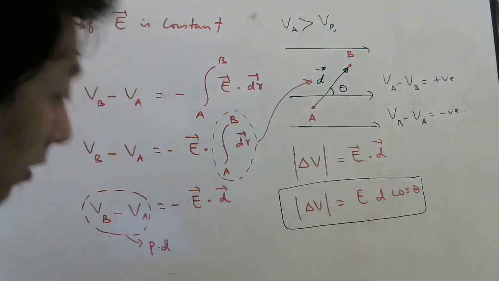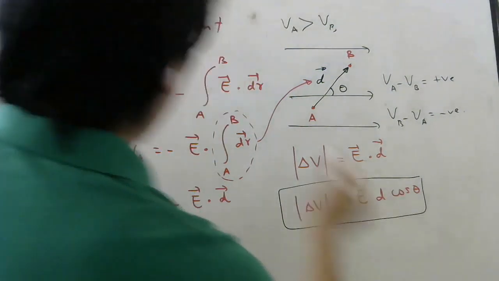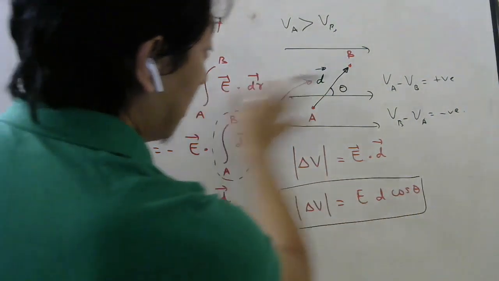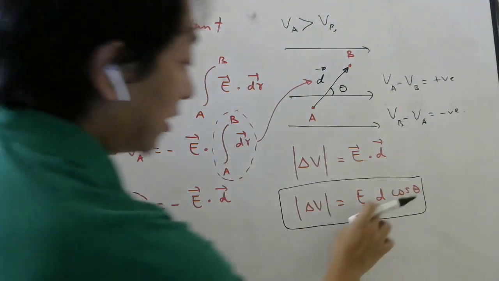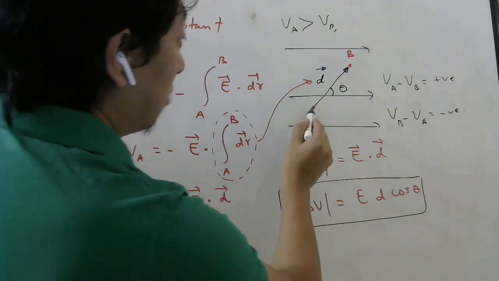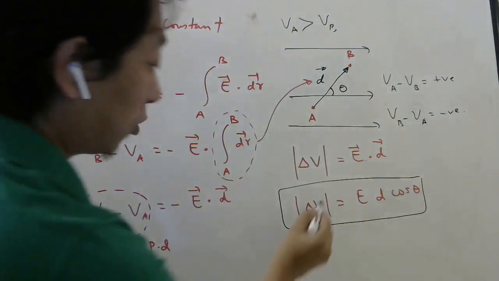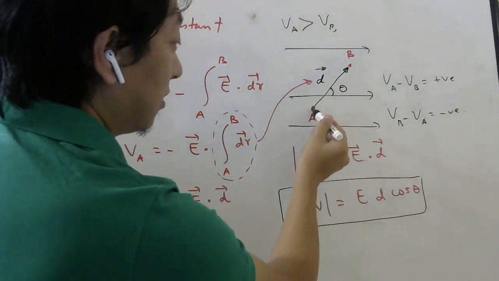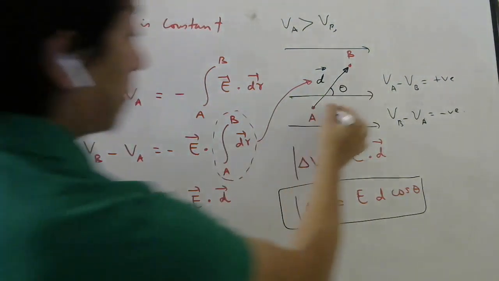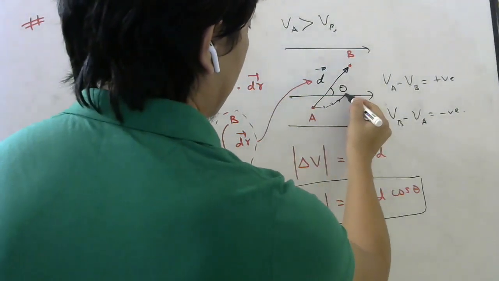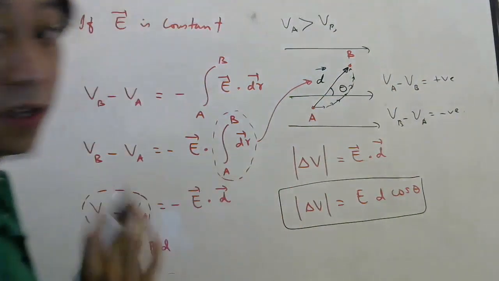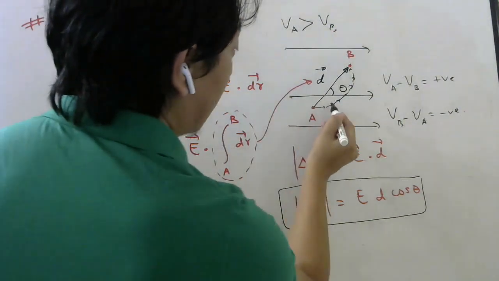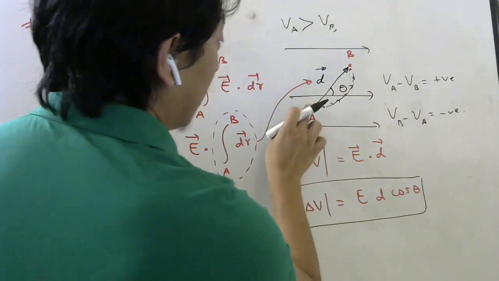Okay, just remember how to find the sign and then remember how to find the magnitude without the sign. Again, students, this formula is only true when the electric field is constant. And theta, don't forget, is the angle between the electric field and the displacement. And what does this displacement mean? From your initial point to your final point. Whenever people ask for potential difference, they are asking between 2 points. So this d vector is from the initial point to the final point. Forget about the path. It may be going this way also, it doesn't matter. Even if you are moving this way, I don't care, because the displacement will be this, no students? If you add this vector, this vector, this vector, you will get this vector only.